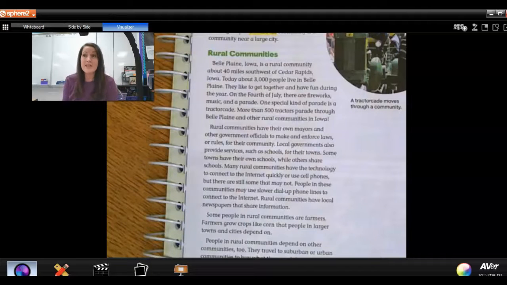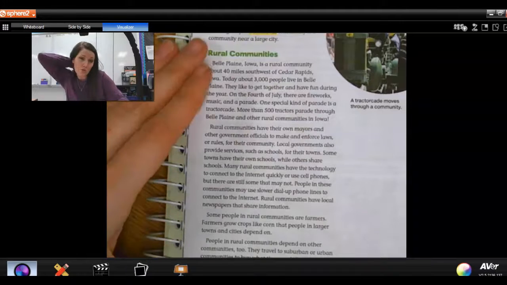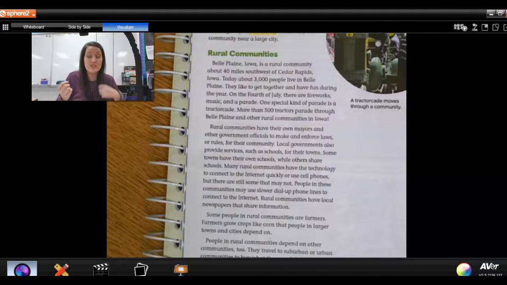And a lot of times in places like that, they might use well water instead of just city water. It still comes out of a sink, but it comes from a well in the ground instead of city water. So it has a specific smell and taste to it. And in-person kids, anytime you want to pause, like if you have connections to that, you know about a well, then you could always pause and discuss. But that's what I think of when I think of rural. And sometimes they might not have the best internet connections because maybe there's just not a really good internet service for them. So let's turn the page to 280 and read about suburban communities.